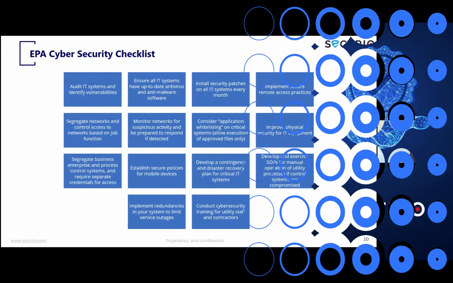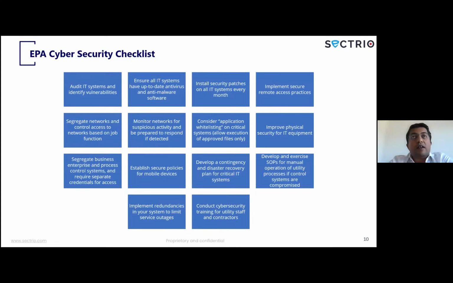So the 10-point EPA Cybersecurity Checklist is largely around, these are the key things that they've called up. The most important thing is to audit your IT systems and identify vulnerabilities. Like utilities, most OT and other OT networks, many folks don't know what connected infrastructure they have that has